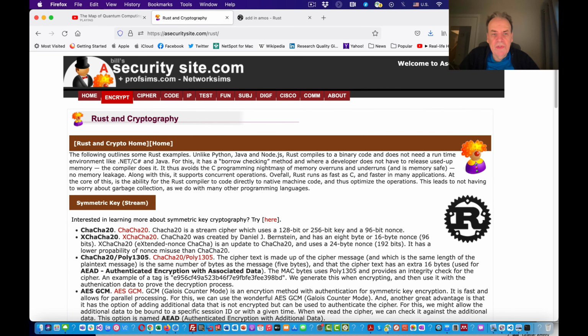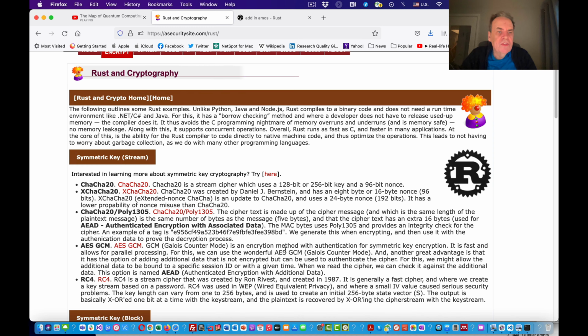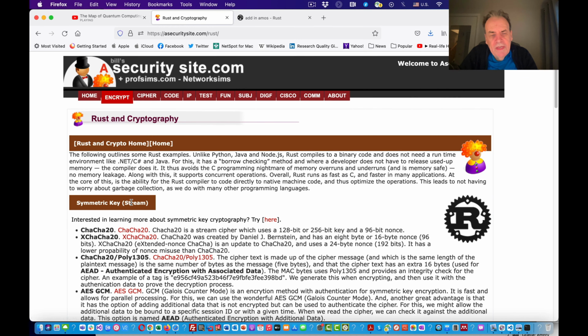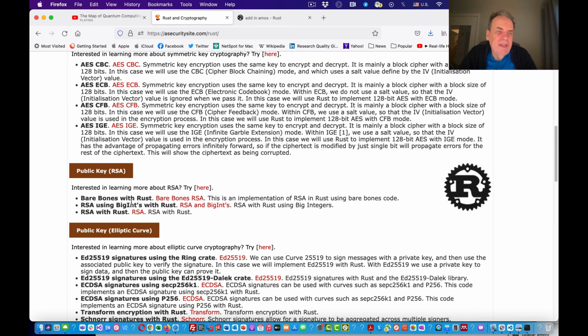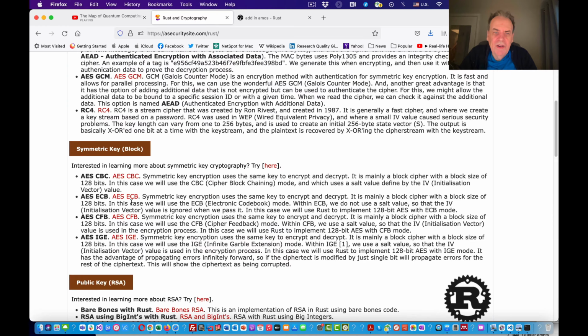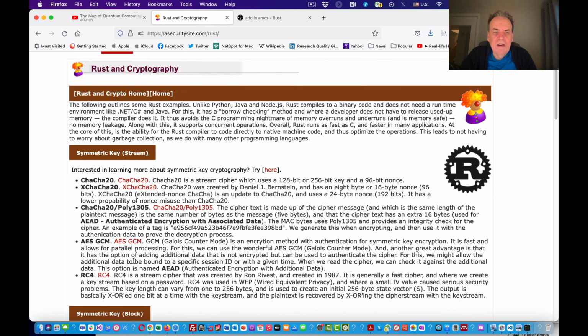Okay, so I'll talk you through a few of these examples. What I'll do is use our Replit rather than Visual Studio Code, but it's actually quite easy to use one or the other. So I'll pick off some examples, and I've separated them into stream, encryption, block, RSA, elliptic curve, key exchange, and some other areas. So we'll make a start with probably one of the best encryption methods, and that's